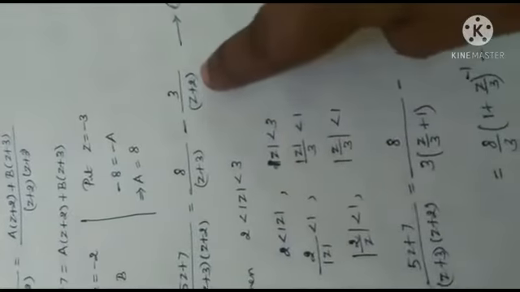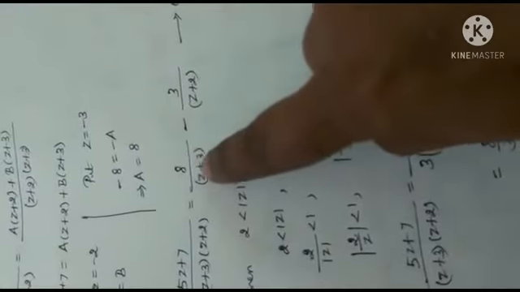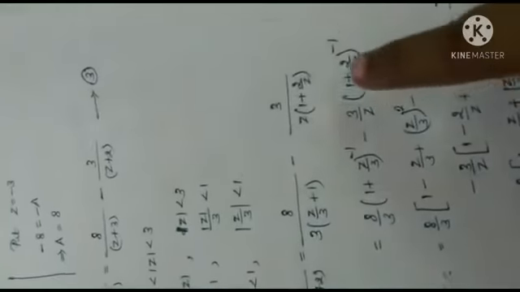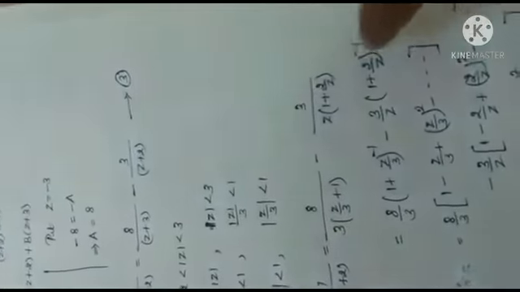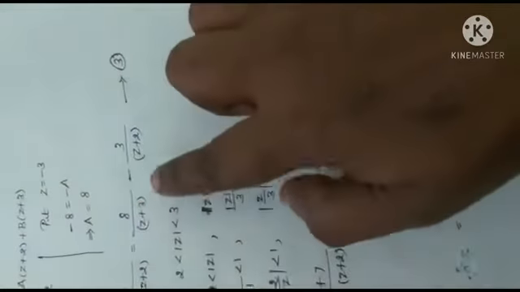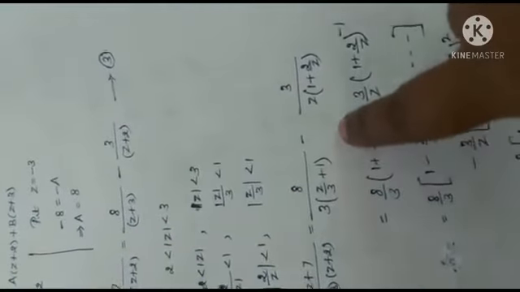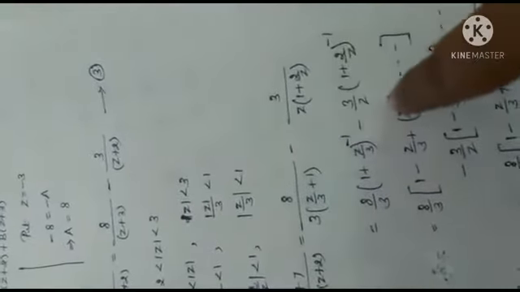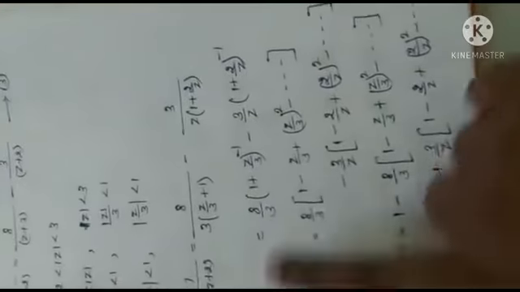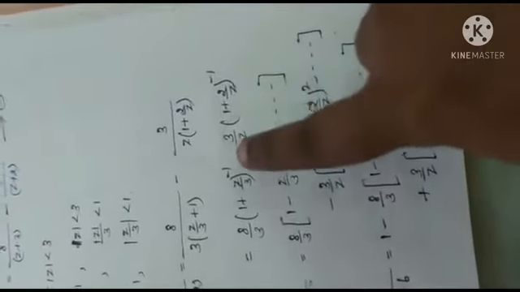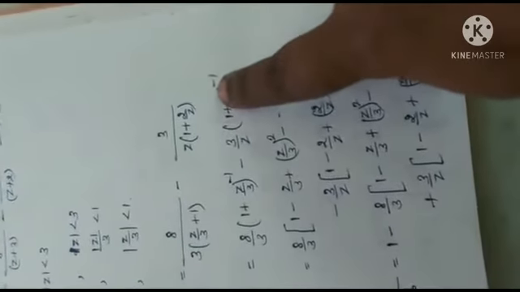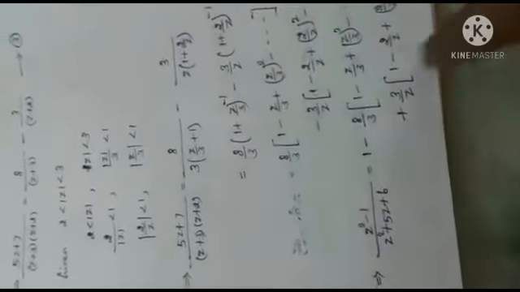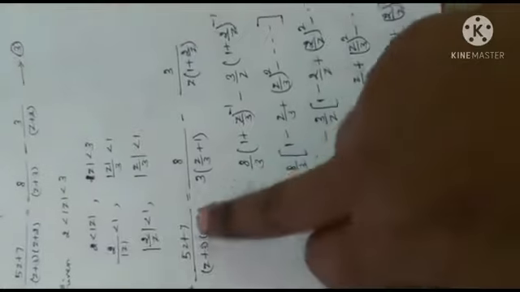So we have to get 2 by z here, and z by 3 here. To get 2 by z, you have to take z outside: 1 plus 2 by z. To get z by 3, you have to take 3 outside: z by 3 plus 1. Keep 8 by 3, take this term to the numerator. Keep 3 by z, take this term to the numerator. Now both are ready to use binomial expansion because modulus of these two are less than 1. Let us use binomial expansion, which completes the problem. We have got the answer of this part.